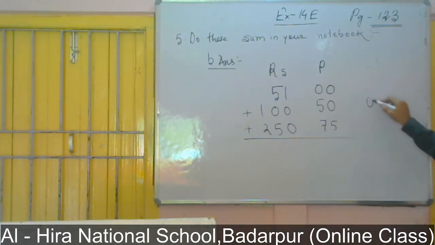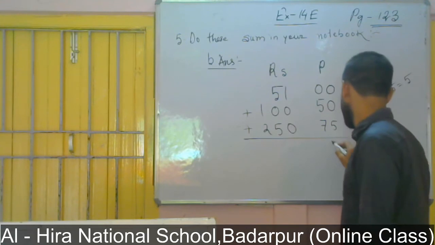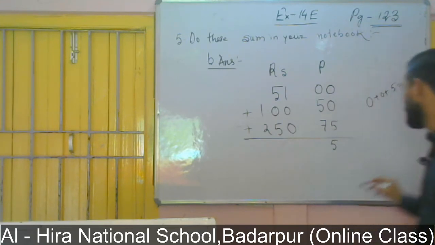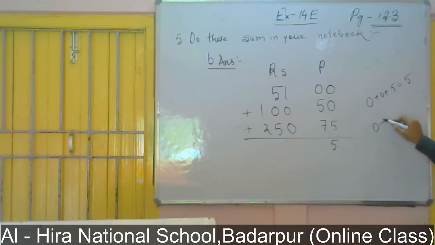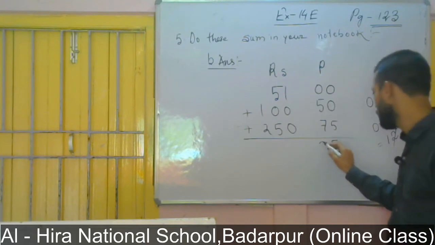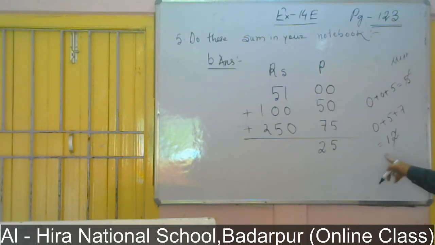First of all 0 plus 5 equals to what? 5. So we are going to write here 5. The next line we are going to do 0 plus 5 plus 7. Now we are going to add these two. We know that 5 is the smaller number. Now we shall start counting from 8, as 7 is the greater number. 8, 9, 10, 11, 12. So from 12 we are going to write here 2. So 1 will be in my hand.